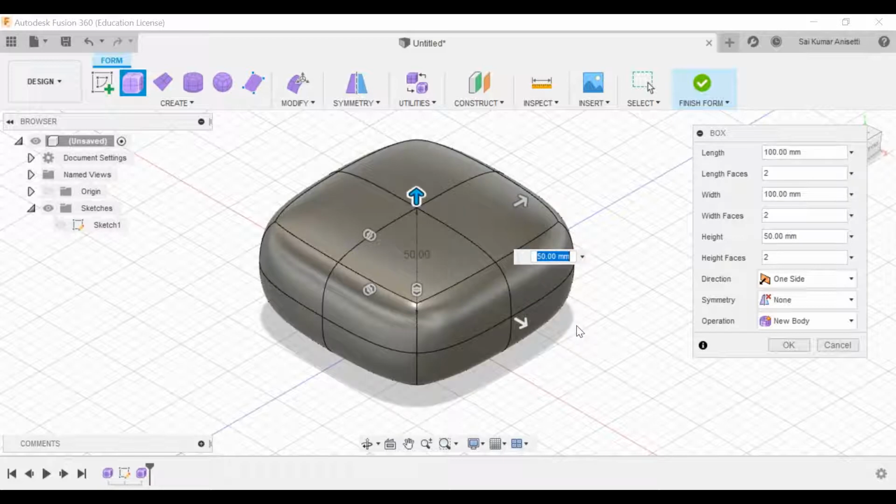If you take a simple solid block and divide it into a number of faces, that means your top face is divided into four faces, your side face is divided into four, and every face is divided into four equal faces. That means it is meshed.